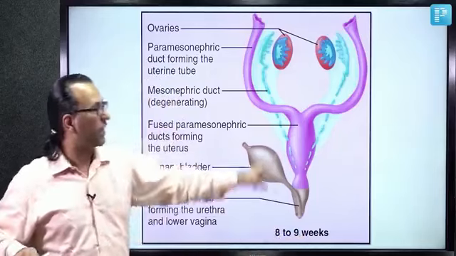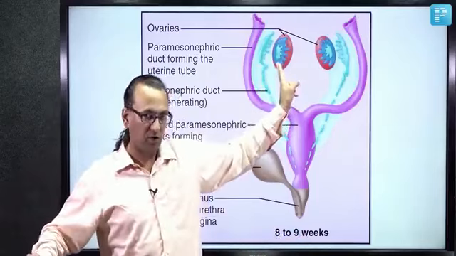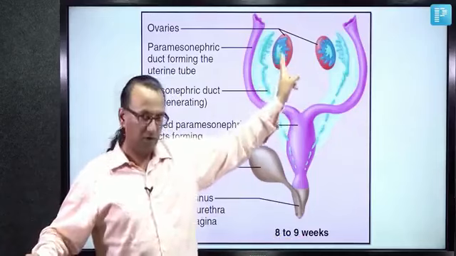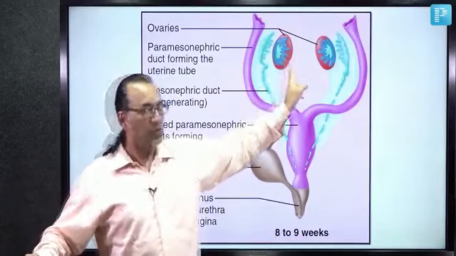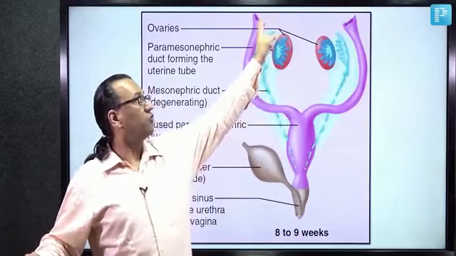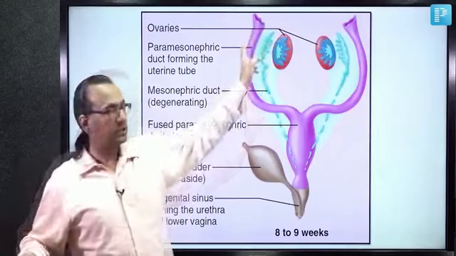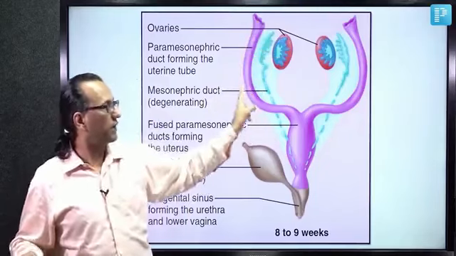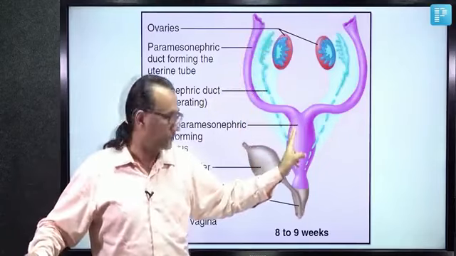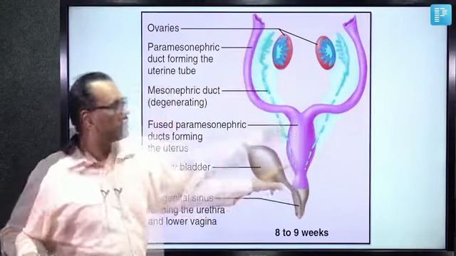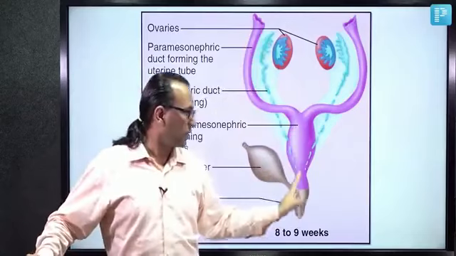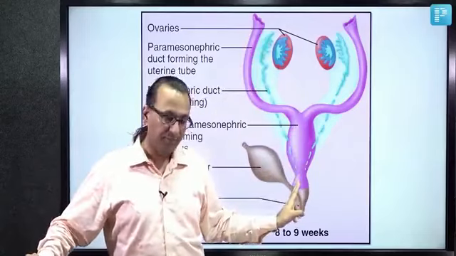And as you see what happens to the gonadal ridge, they become the ovaries. Ovaries will be undergoing ovulation and giving the secondary oocyte, which will be taken by the fallopian tube. This is the fallopian tube, which will carry the fertilized oocyte towards the uterus, and then it will be implanting into the uterus here. As we understand, the fallopian tube and the uterus, upper 1/3 of vagina, come from the